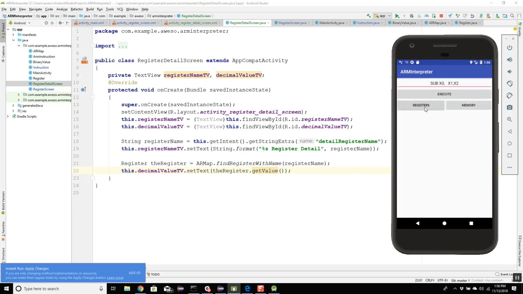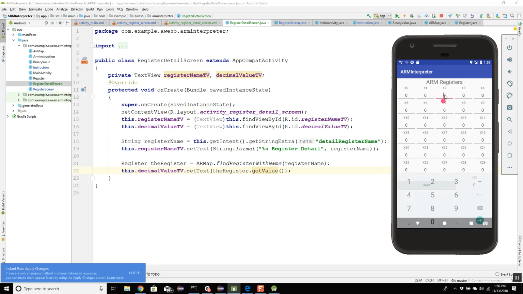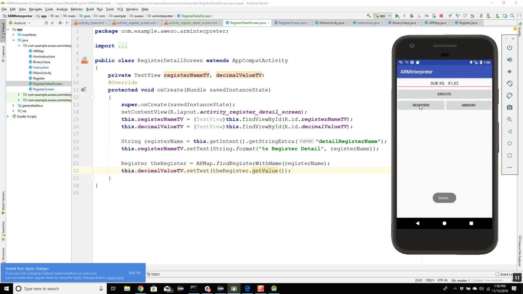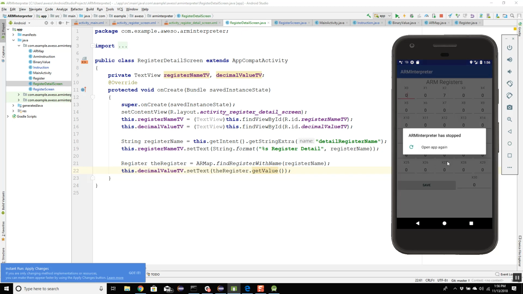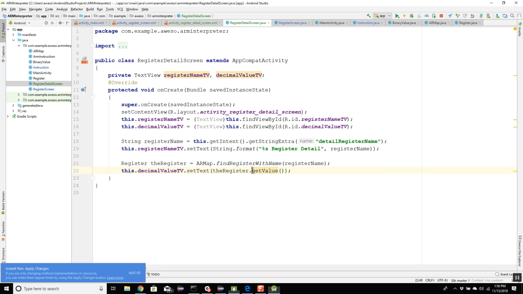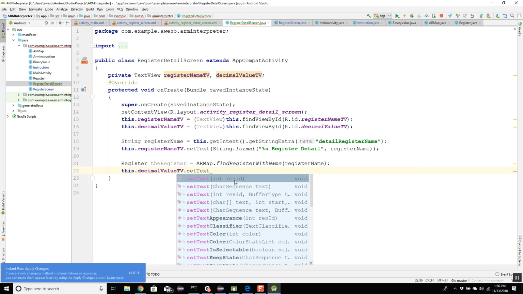All right, so I'll go ahead and I'll give a 7 here in X2. I'll save that. Go back to registers. I'll click on X2. All right, so the app crashed. Now, the app crashed because of this line right here. And the version of set text, so this guy is an int, right? So there's a version of set text that takes a resource ID. So what it just looked for was a widget with the name that was